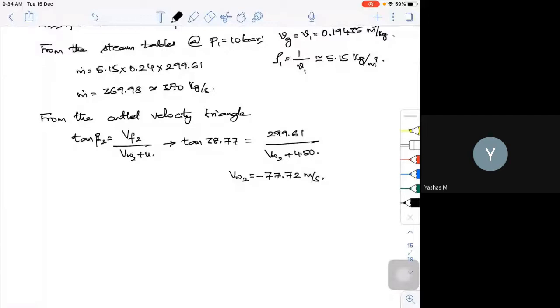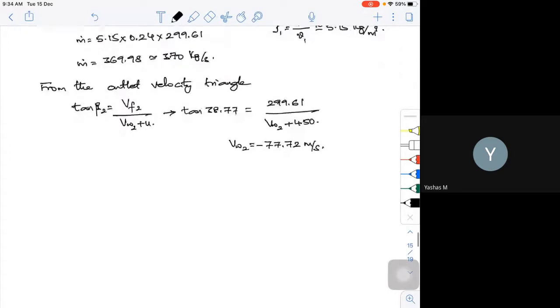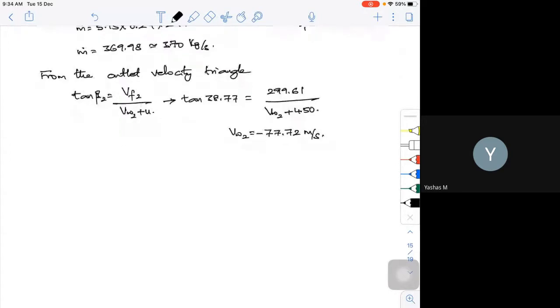Look at this. Yesterday I was telling you that if it is a positive value, whatever velocity triangle you have drawn is correct. Now this being a negative value, I have to change the velocity triangle. So my velocity triangle for this condition will look something like this. The inlet velocity triangle will be like this. This will be my V1, this will be my VR1. Now, what will happen this side? I told that this will be the other side of it. VW1 and VW2 both are in the same direction.